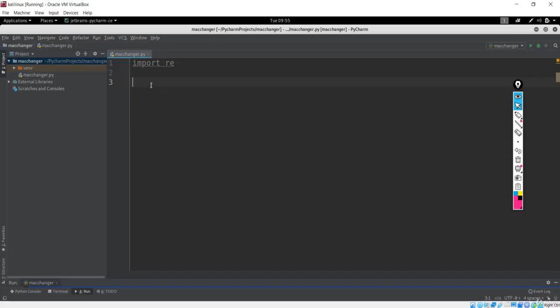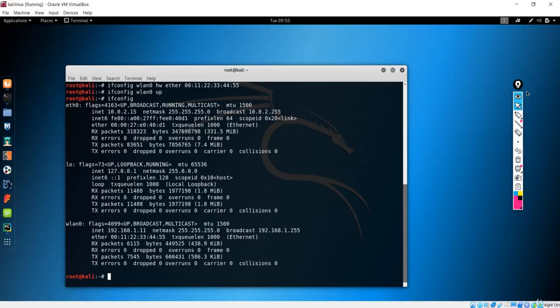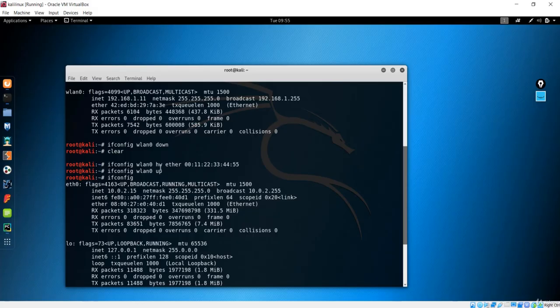The next module is a very important module. If you remember in the previous lecture, we ran a couple of commands: making the interface down, and then running this command, and again running this command. So we are running three commands in order to change the MAC address. We are running a bunch of commands in the terminal.